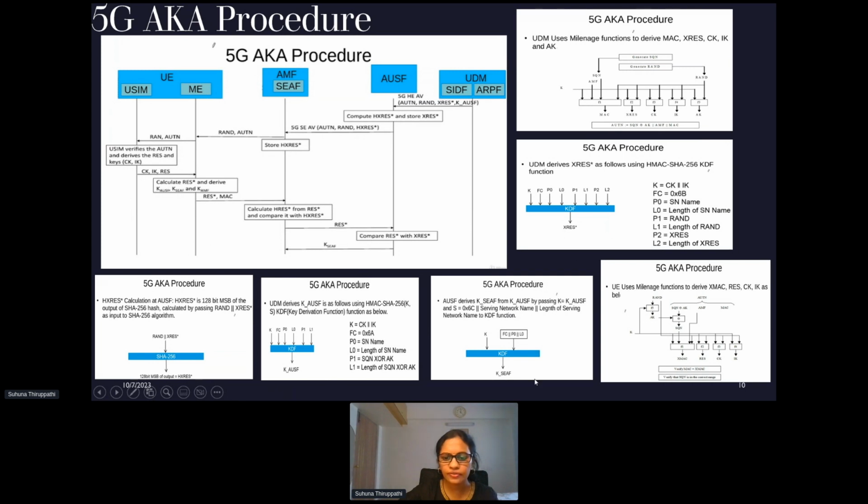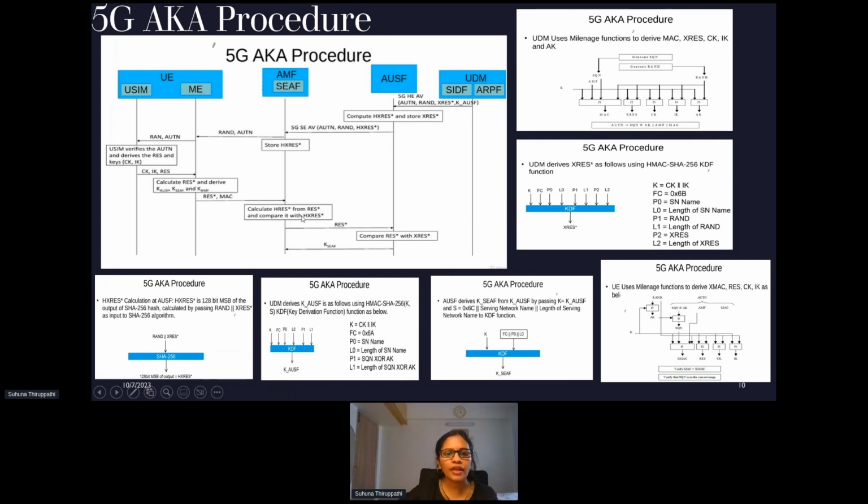Similarly, KSEAF keys are obtained from the fixed length, and then P0 being the serving network name and the length of the serving network name, using the key and the key derivation function, this KSEAF is obtained. So the terminal sends the RES* and MAC to